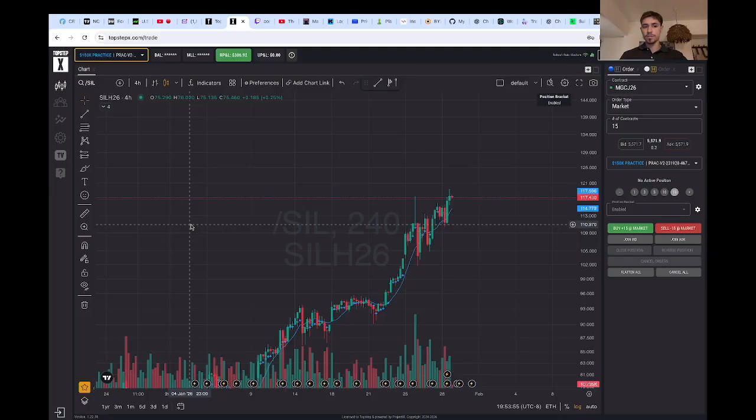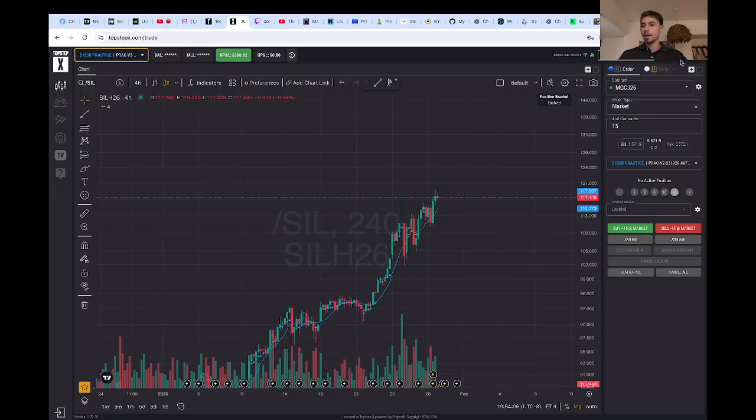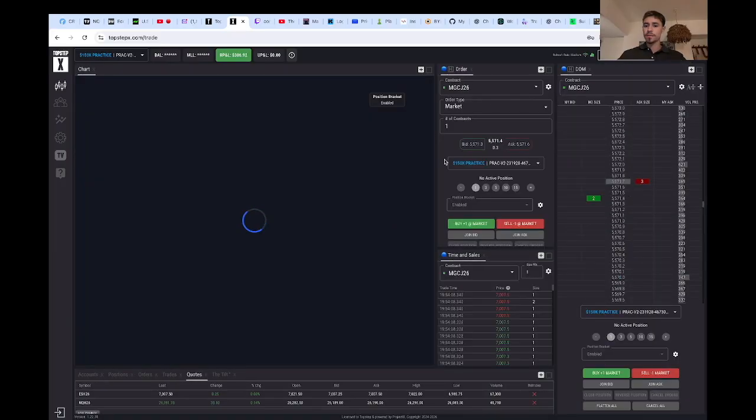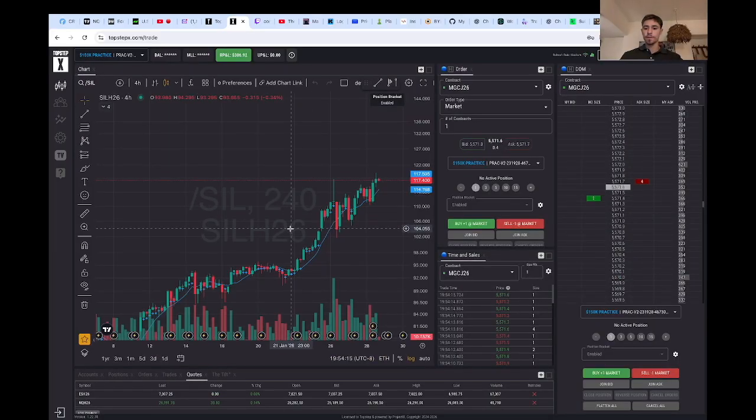But this is a pretty simple and easy to use platform as well. The chart settings are similar, almost identical to TradingView. Pretty much is TradingView. But I'll show you guys how it looks when you first log on to your account after you pay for the challenge. So typically it'll look like this. Okay, what is all this stuff, right?